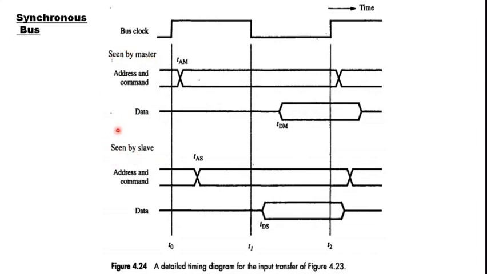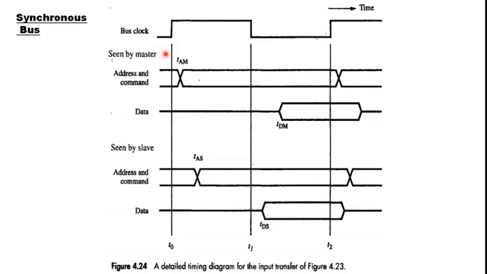So we have two views here. The first is the view from the master side. The second is the view from the slave side. Note that from the master side as well as the slave side, the bus clock cycle signal is the only signal that is seen as common by the master and slave, and that is done through intensive design. So we will start with this.